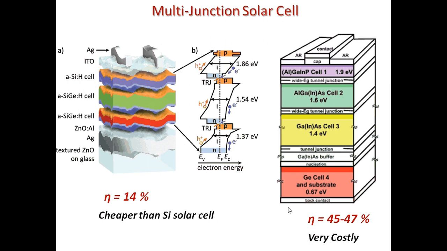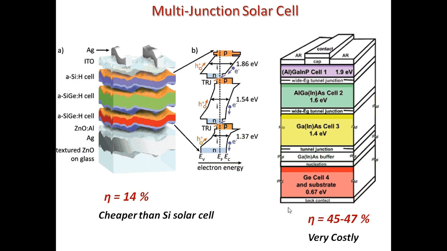As some of you have requested, they did not understand the working of the multi-junction solar cell in my last series of lectures. This is how it looks. As I've told you, the basic concept of using a multi-junction solar cell is quite simple. When we use a low band gap solar cell, like for example germanium, which has a band gap of around 0.8 eV,